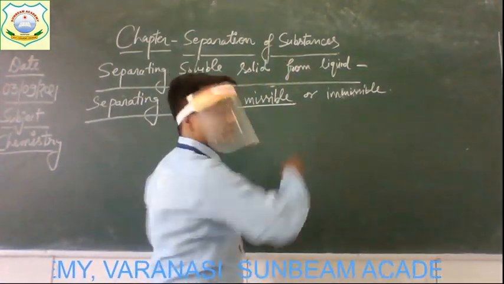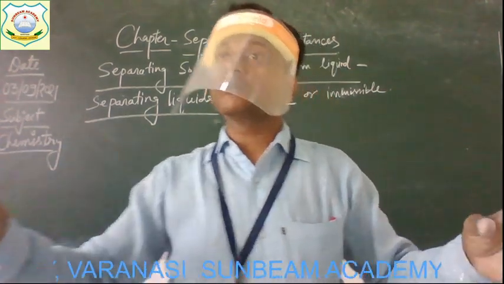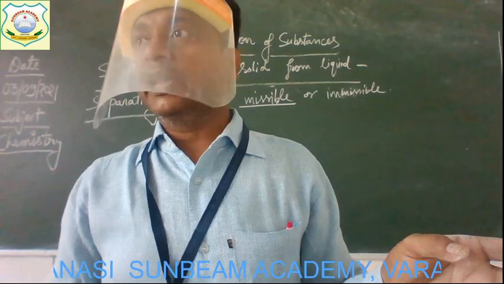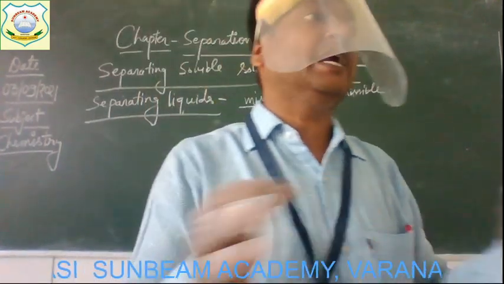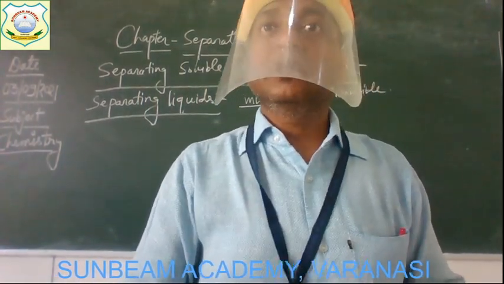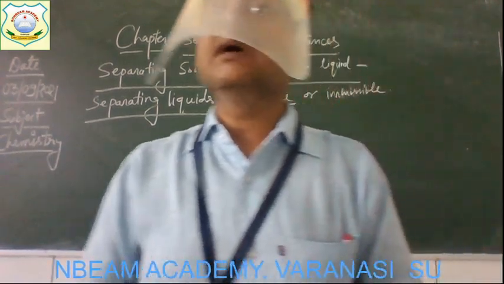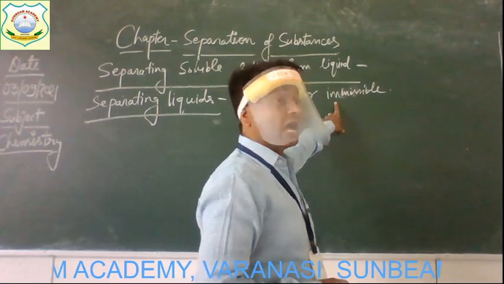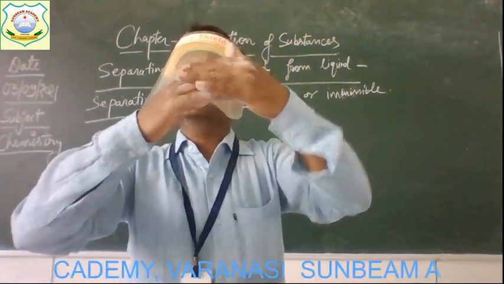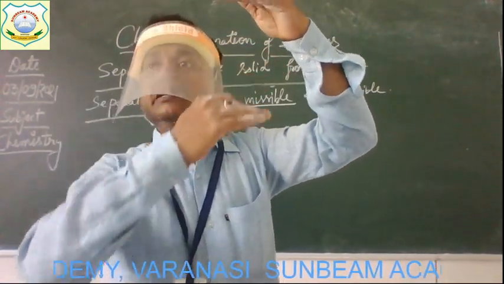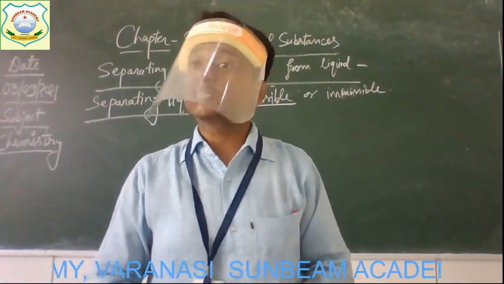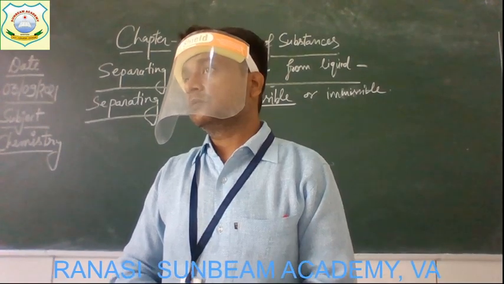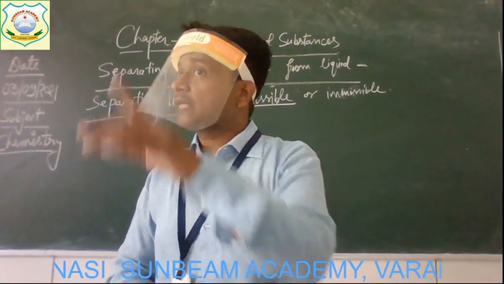Miscible means if two liquids mix together, and we cannot see them separately after mixing them, such liquids are known as miscible liquids. And if two liquids, after mixing them, are again seen separately in the bottle, such liquids are known as immiscible liquids. Understood? For example,